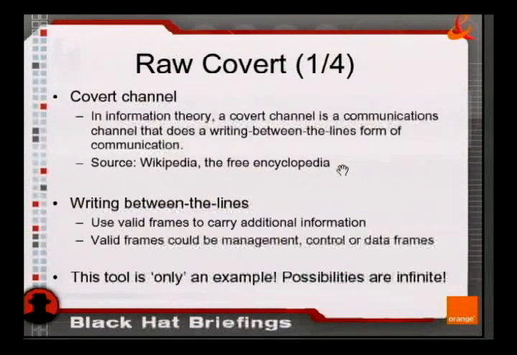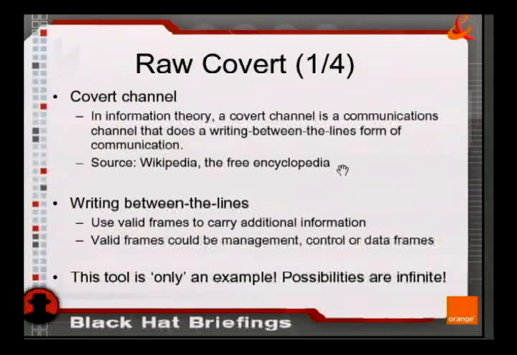Another possibility to achieve stealth communication is, for example, to use some kind of covert channel. This is what we also have done with a tool called Raw Covert, which is a Python tool. We are using two laptops. The interfaces are in monitor mode. And using raw injection, we are able to rely on ACK frames, which means very low-level packets, and exchange information